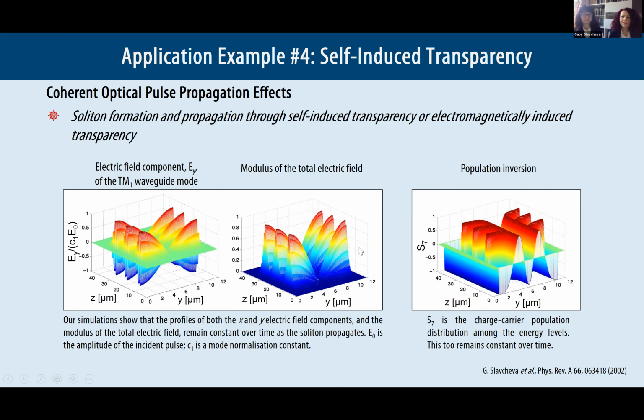It's not only a soliton in the spatial domain, but also in the temporal domain. And it excites the population. On the right-hand side, this is the population which is excited by the pulse, which is a 2-pi soliton pulse. And this population performs Rabi flops in 2 dimensions.